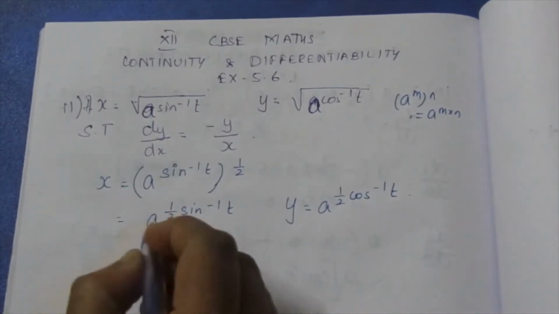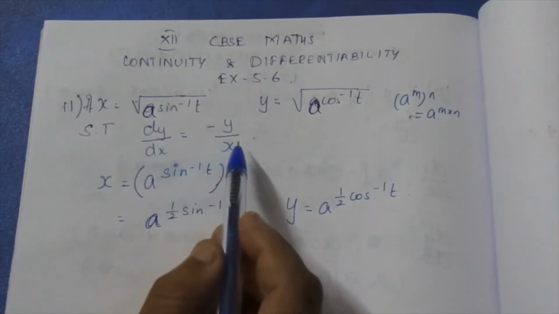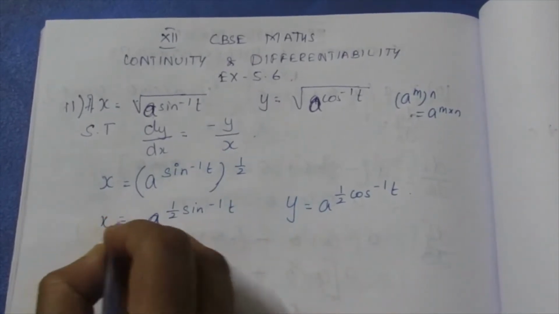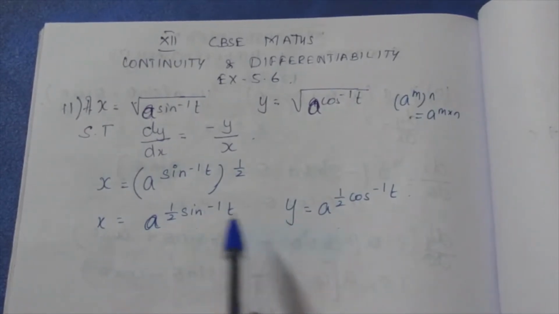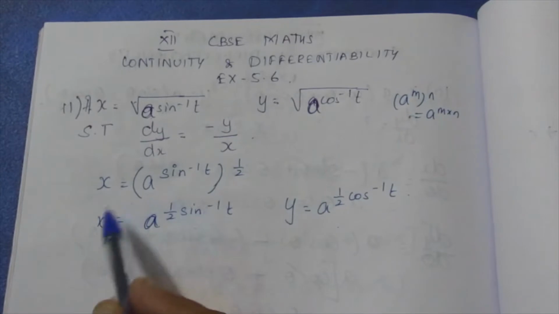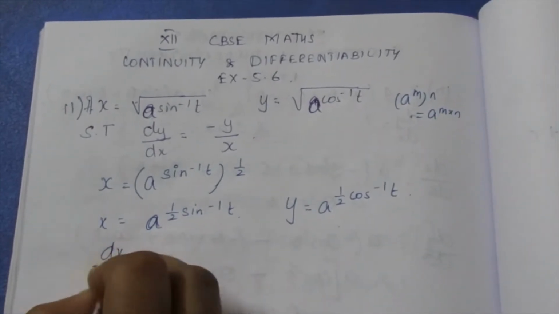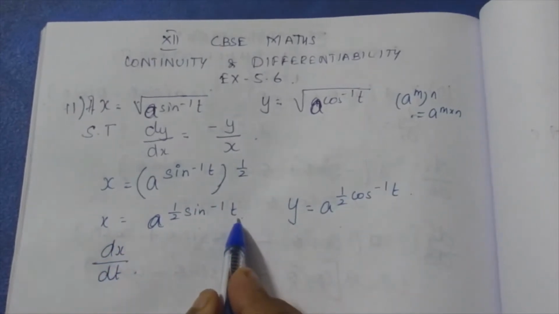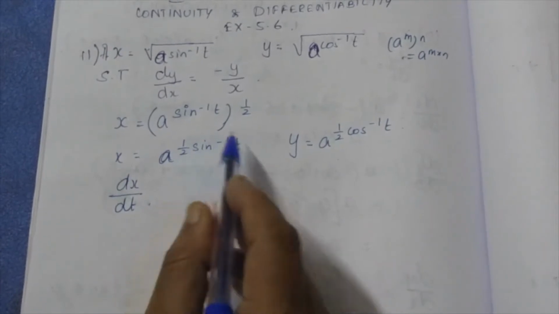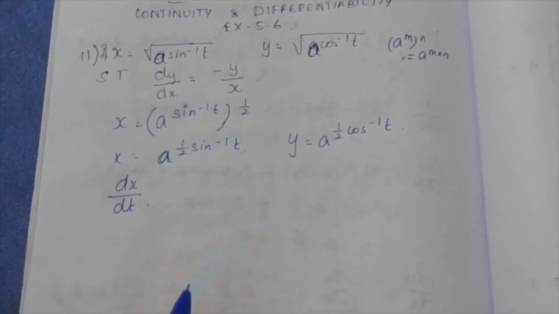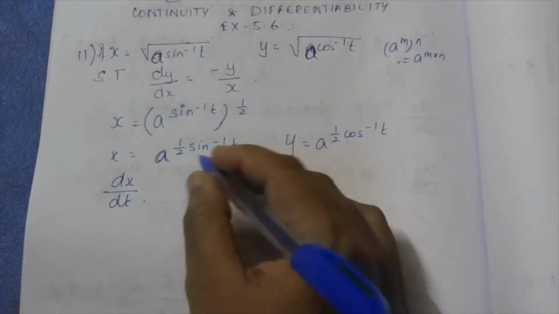Now we know that the variable is in power. We need to prove dy by dx is equal to, so I want a dy by dx. For dy by dx, here we can see x in terms of t and y in terms of t, means we need to differentiate the given thing with respect to t. So if I differentiate this, it becomes dx by dt. Here I am going to differentiate with the variable t, means the variable is in the power. If the variable is in the power, we have seen before, we need to take log on both the sides. So I need to take log for this.